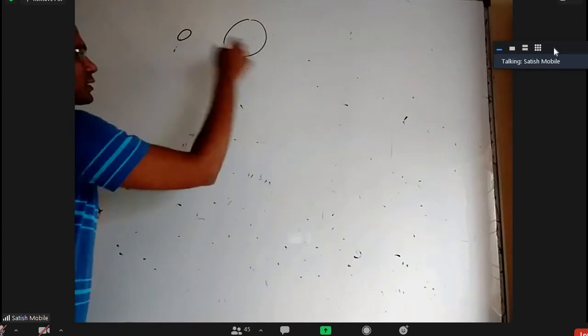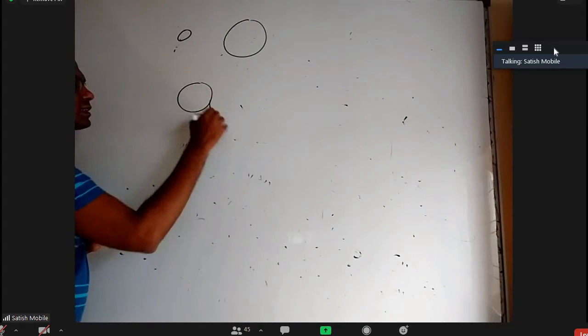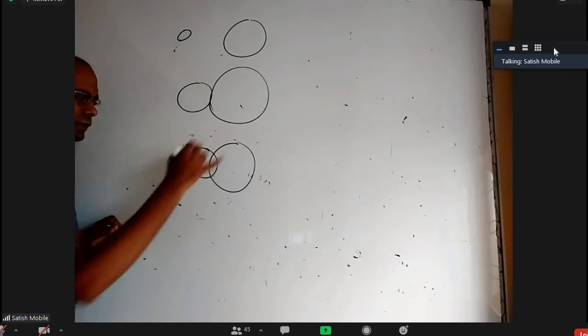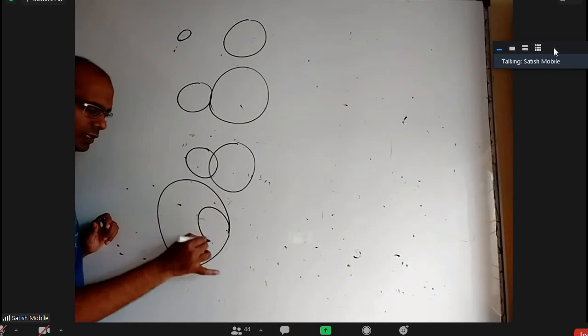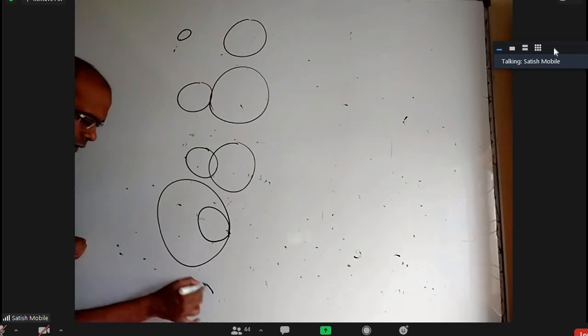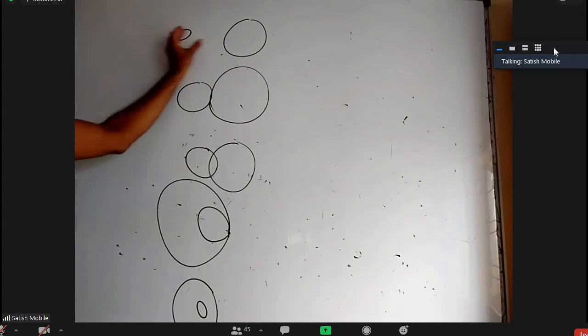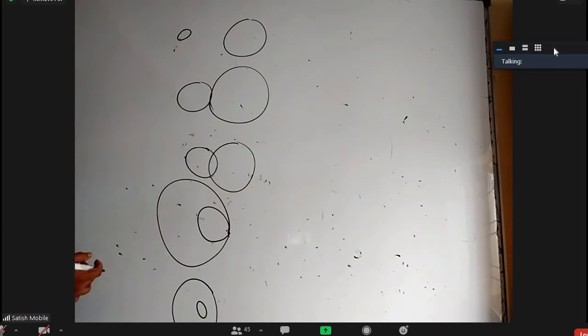Okay, so relative positions of circles. Whenever you take two circles, there are 5 cases. The circles can be completely separate from each other like this. Or if you bring them a little closer, they can touch externally. If you take them a little closer, they can intersect. A little closer, and one can be inside the other and touching like this. Or one can lie completely within the other. Basically, I'm taking this circle fixed and you are moving this circle slowly towards it. You can imagine it like that.